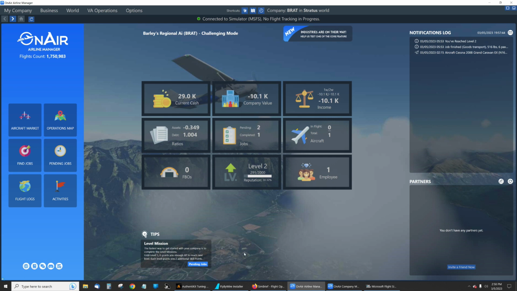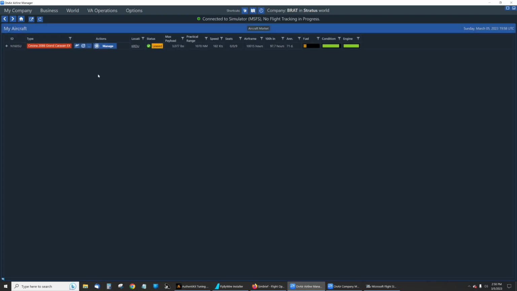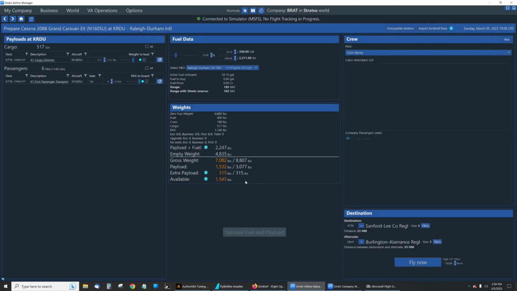So let's get started. We need to bring up our aircraft, which is just the 208 that we picked up 2 episodes ago. We say we're taking it flying. That's the prepare. As you can see, the stuff to load is 517 pounds of cargo and 6 first-class passengers. It'll tell you 6 of 9 of our first-class seats are filled, so we have 3 first-class seats available. And we could carry another 1,500 pounds,